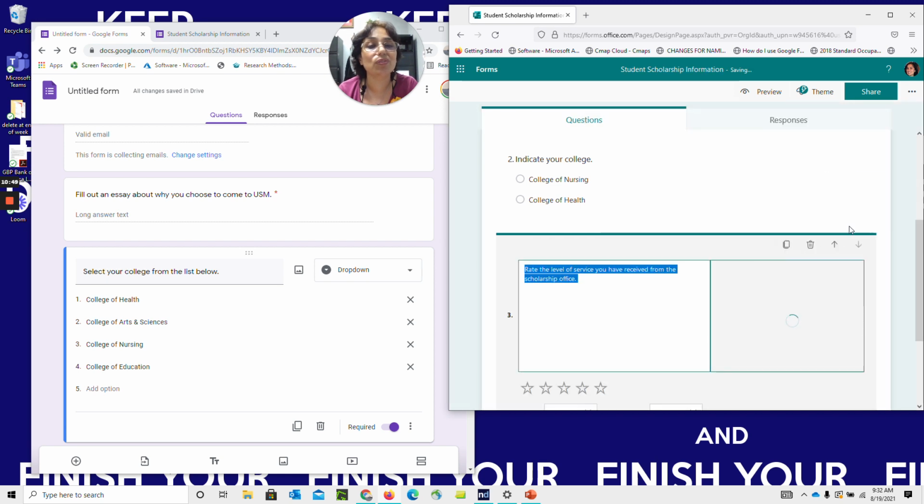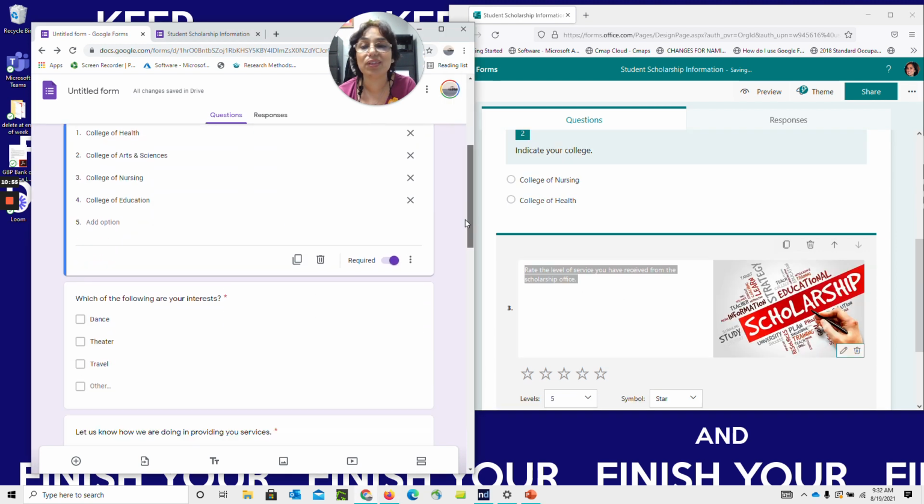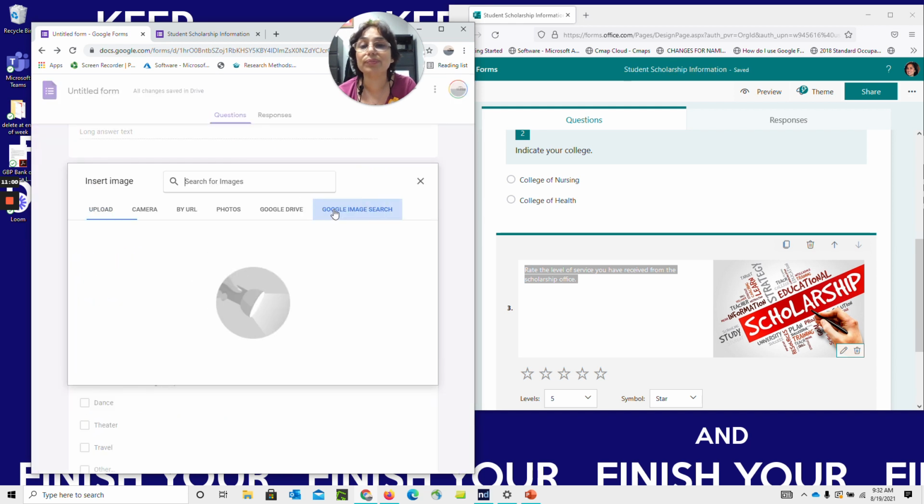Okay, so we can insert that. What I like about this is it inserts the image next to it. It is a little bit slow, you'll see, and it proportions it to that same box. Whereas if I add an image over here,